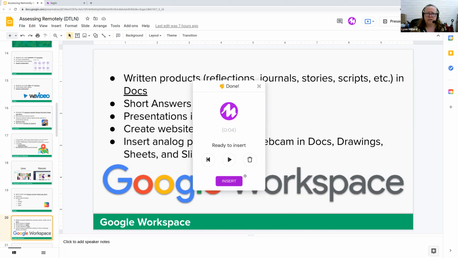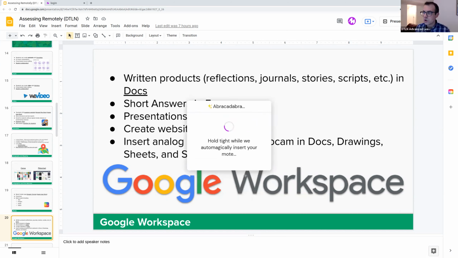What did you use for that? All right, so that's a Google Chrome extension called Mote. If I don't have that linked, we can just find the link at the end of this. It's called Mote,